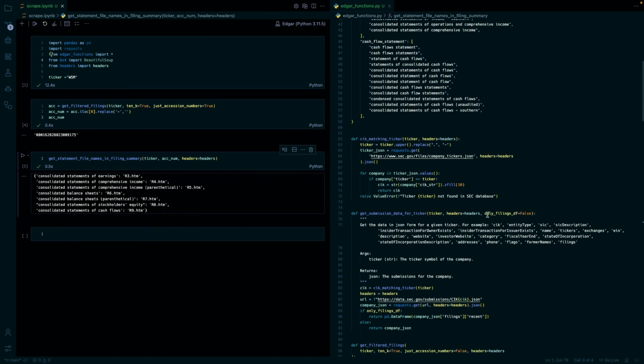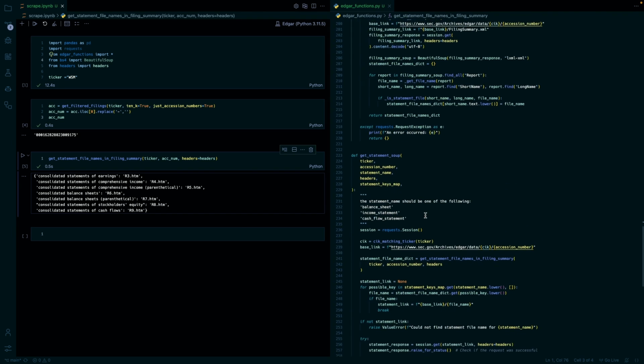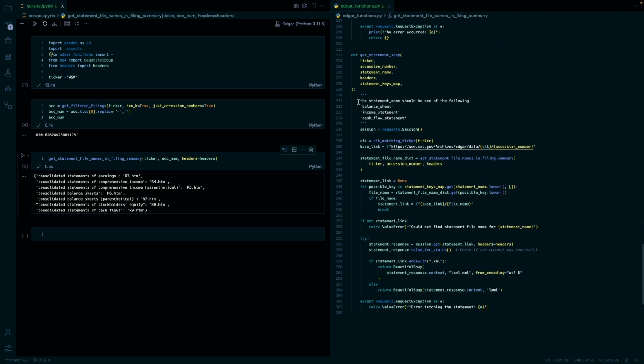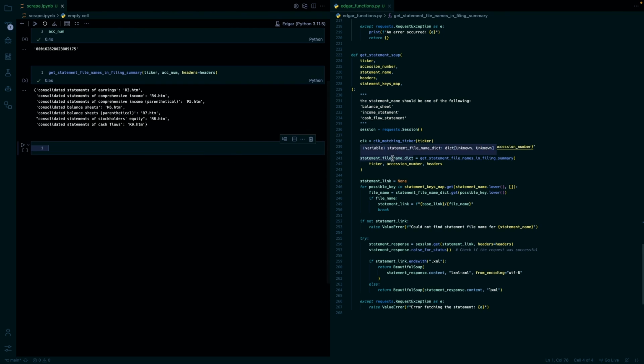So for this get statement soup function, we just put in what statement we're interested in, and then it gives us the file, and then we can parse through that later. I'm just going to make another video on that because it's a little complex and takes a little bit to explain. But so it creates another request session, gets the CIK, gets the base link, gets the file name dictionary, basically this,